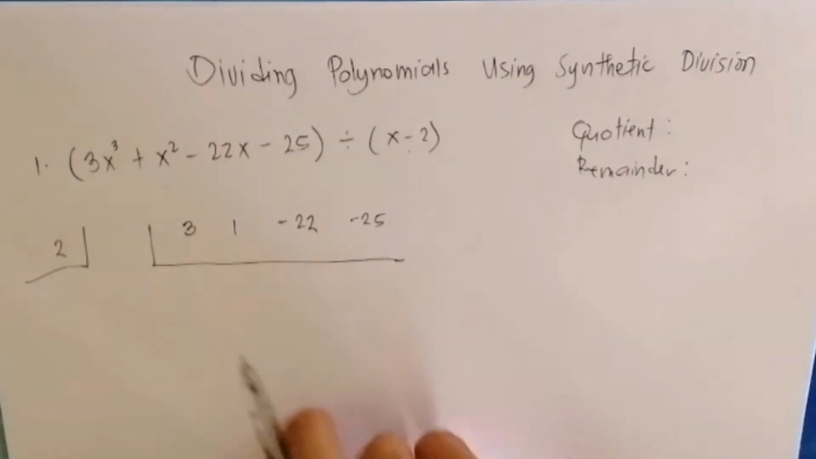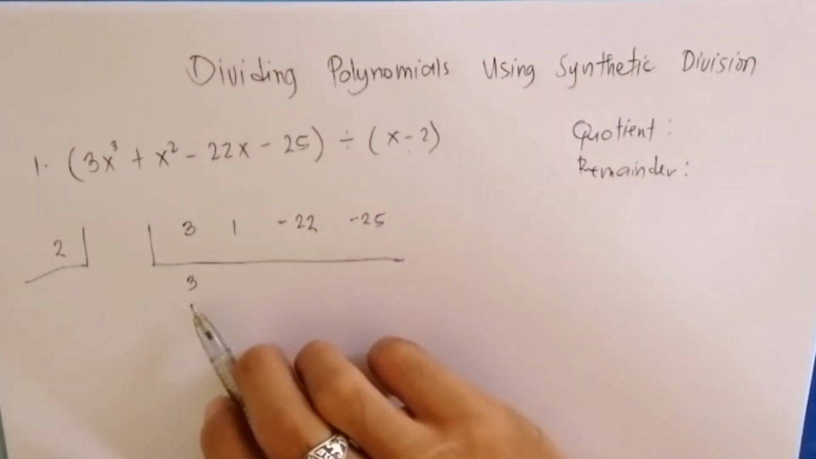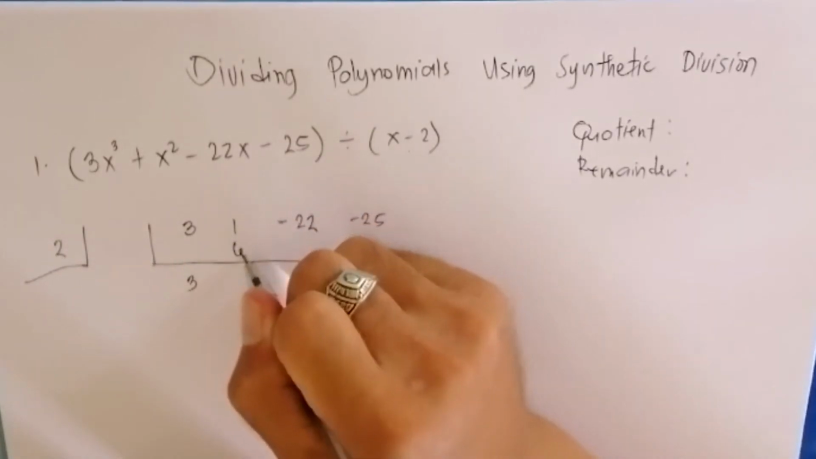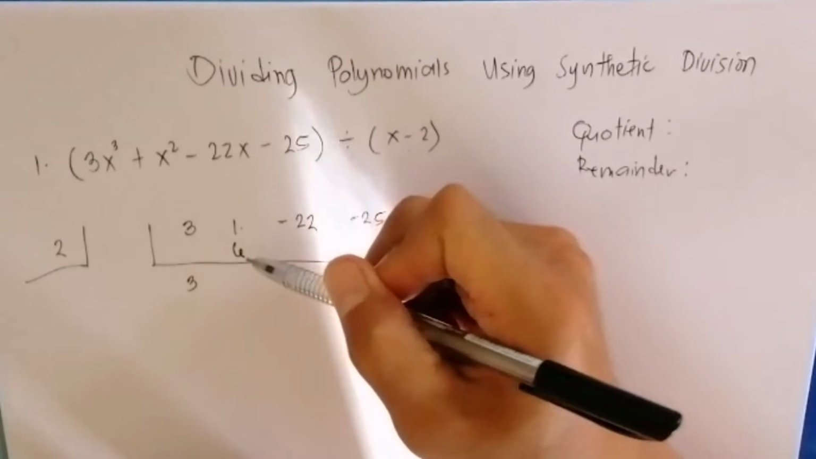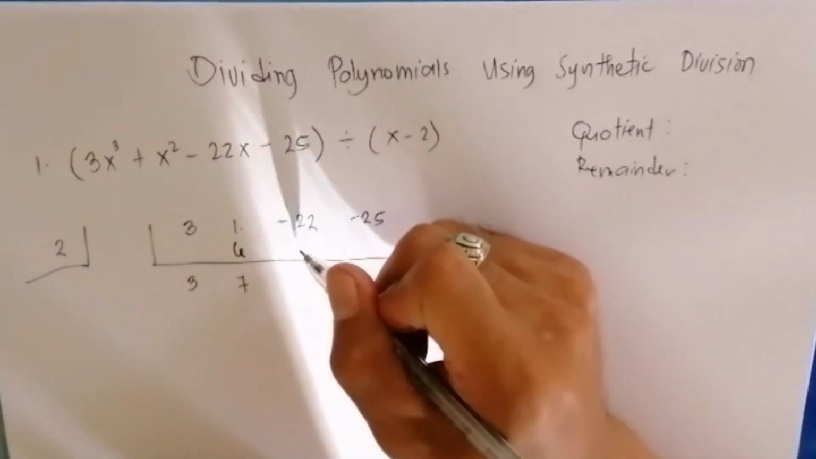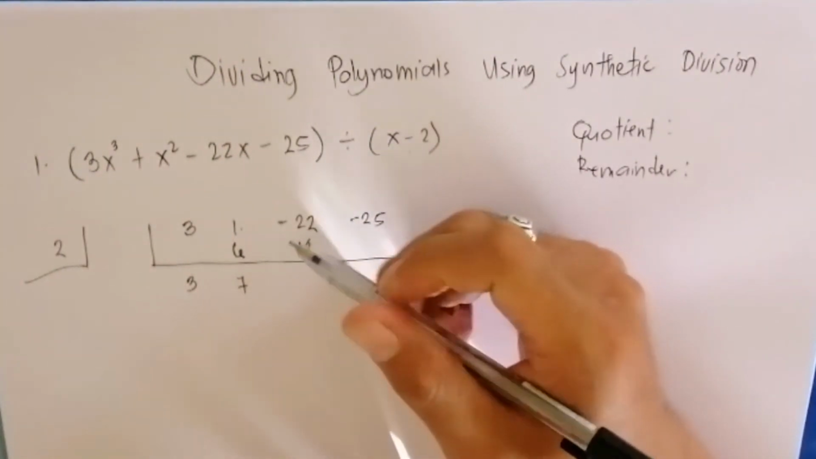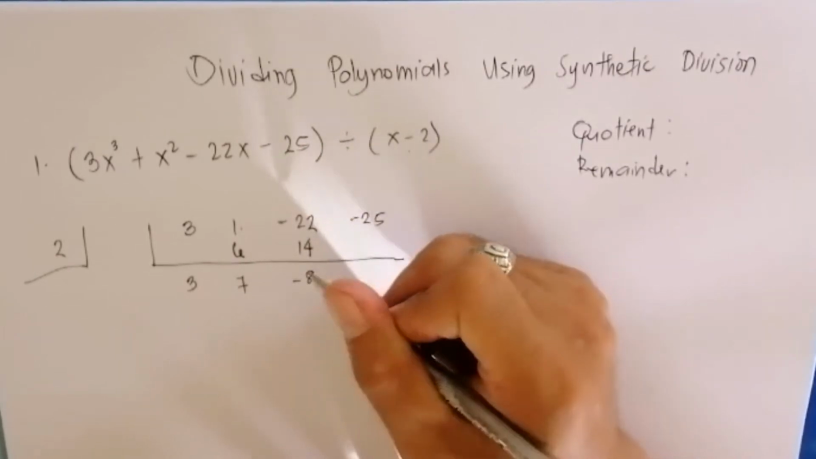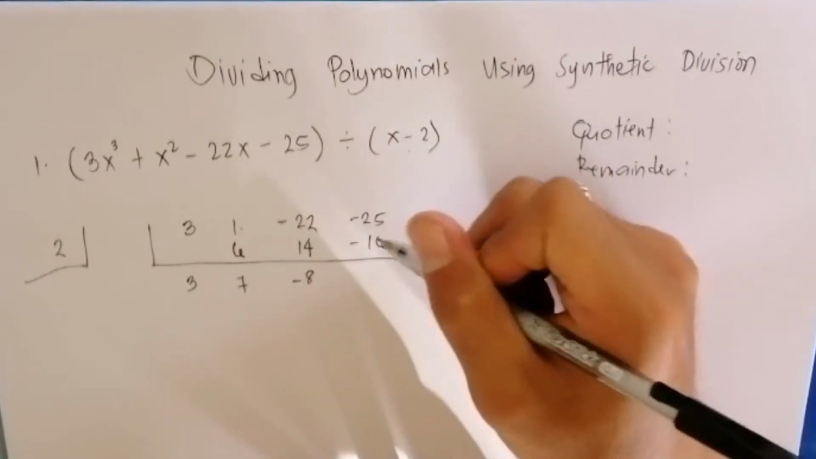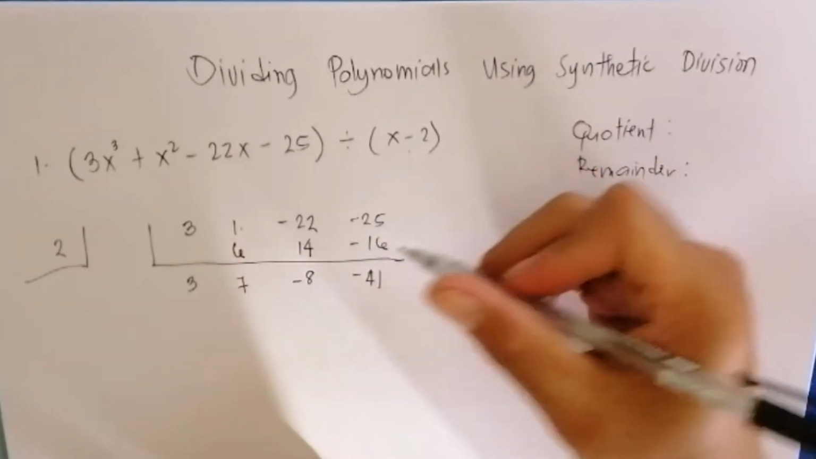Okay, first step, bring down 3. The first term, we have 3, then multiply this by your divisor. So we have 3 times 2, that is 6. Then add 1 plus 6, that is 7. Then multiply again, 7 times 2, that is 14. Then add negative 22 plus 14, that is negative 8. Then multiply, that is negative 16. Then add, so that is negative 41. So therefore,